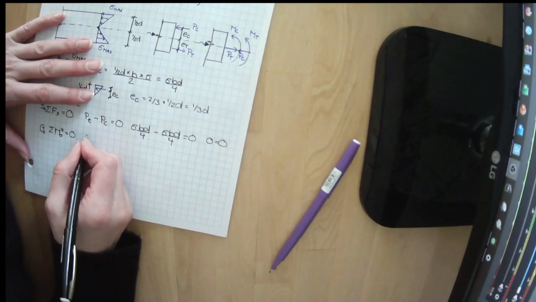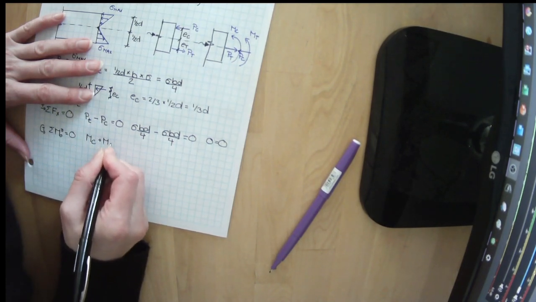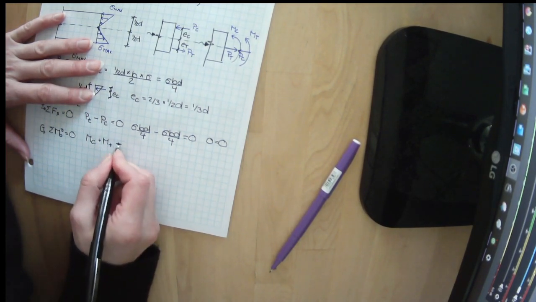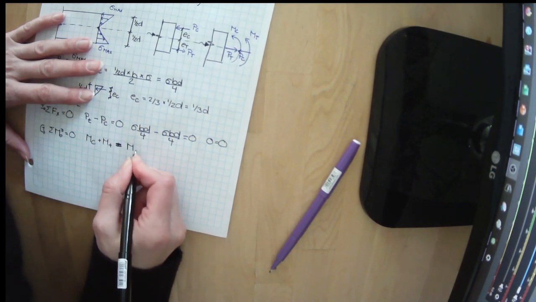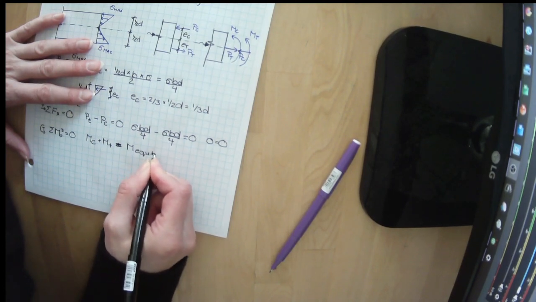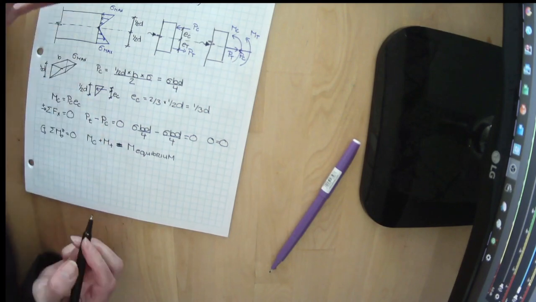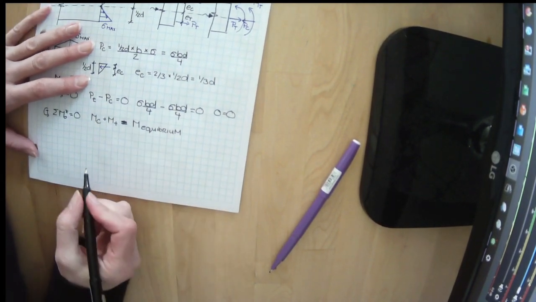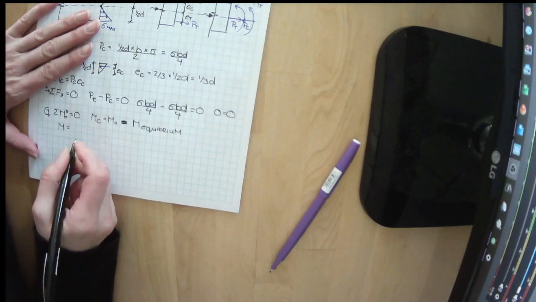So we have MC plus MT. Well, we want to know exactly what it takes to keep this in equilibrium. So M for equilibrium. We know it's going to have to equal something to stay in equilibrium. So we want to figure out what that moment is. So we have M equals